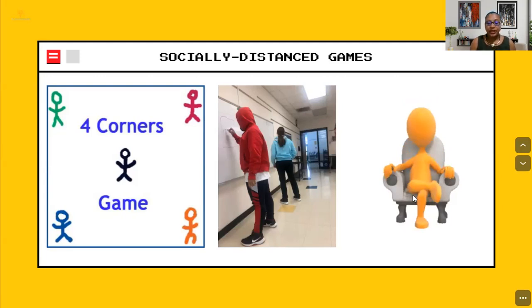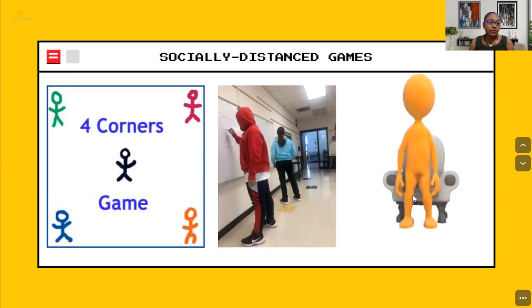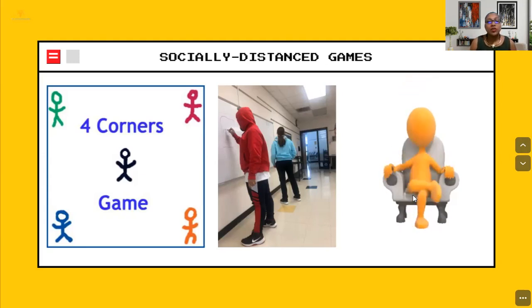And there's one more that I would like to discuss, and that is hot seat combined with taboo. So we know in hot seat in the traditional game, one student sits on a seat and they ask a rapid fire set of questions. But in this version, we would want the student to bring their seat to the front of their class to avoid cross-contamination, so we wouldn't have one seat. And we can ask the students to present statements which give a clue to particular questions.